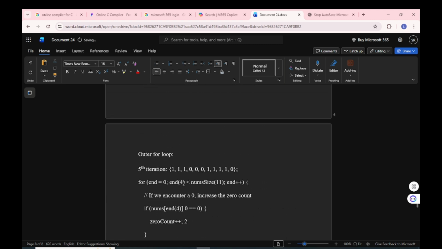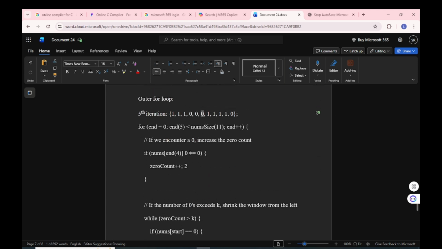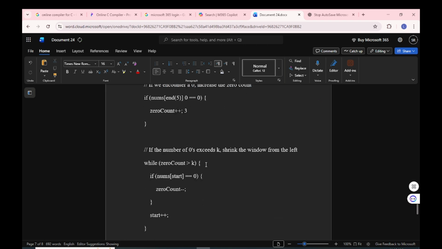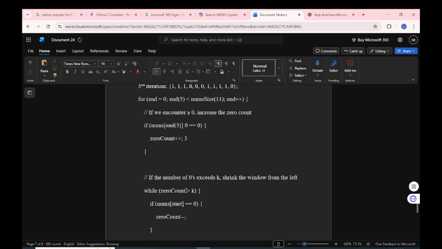So here it would be 5, 0 1 2 3 4 5, right? Here we are. So now we will get another 0. 0 count would be 3 now, right? So now this 0 count is 3, k is 2, right? So now this should be true, right? So just providing the numbers, k is 2, and what we are doing here, we will provide the inner while loop